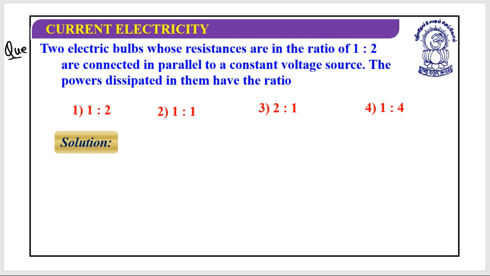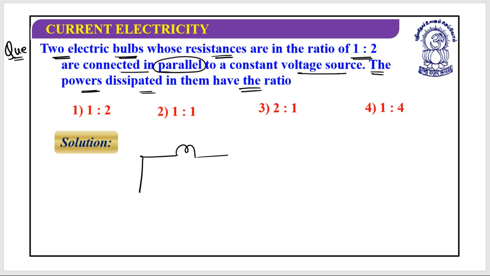The question says two electric bulbs whose resistances are in the ratio of 1:2 are connected in parallel to a constant voltage source. The powers dissipated in them have the ratio of what? So the situation would be something like this. This is the first bulb, this would be the second bulb, and let's assume this has resistance 1, this has resistance 2, and they have been connected with the supply. Now as they are connected in parallel,